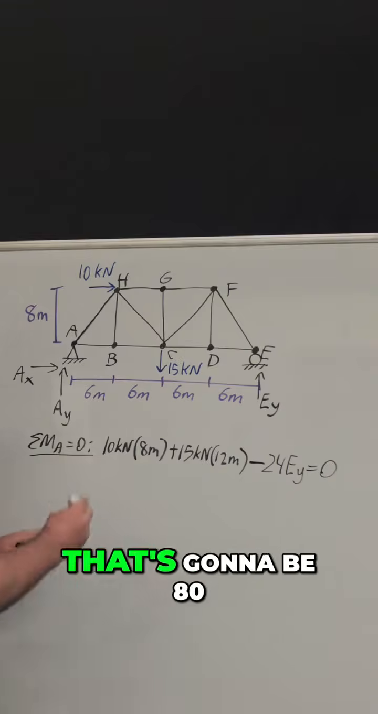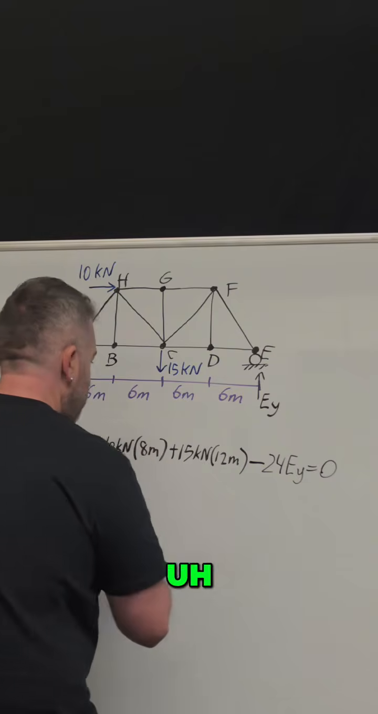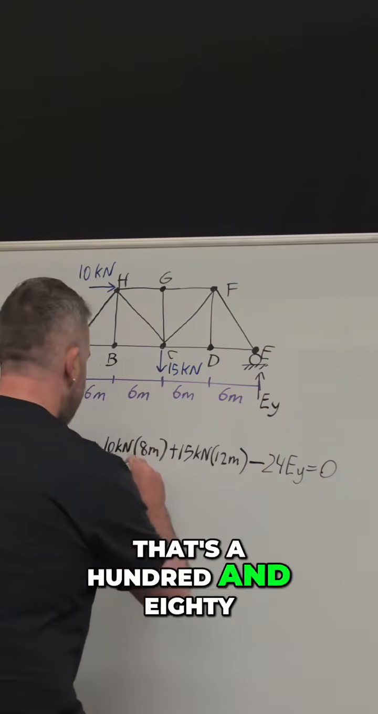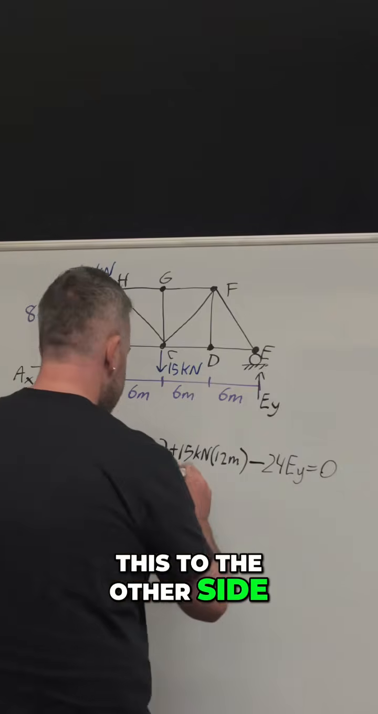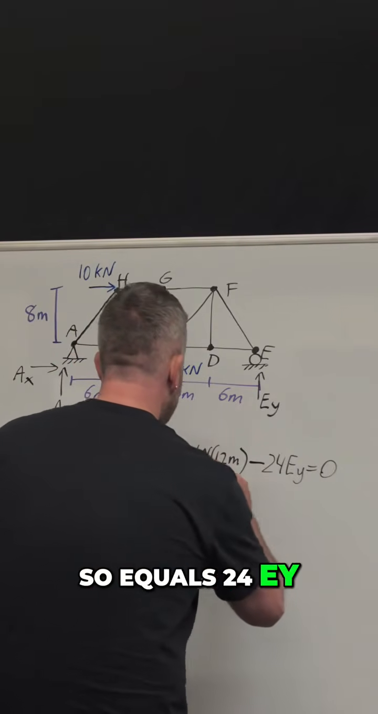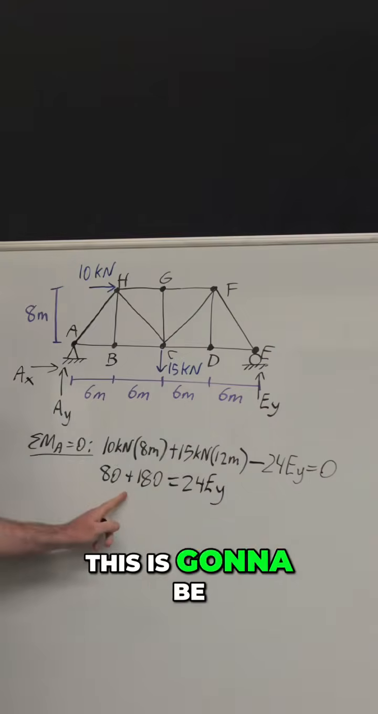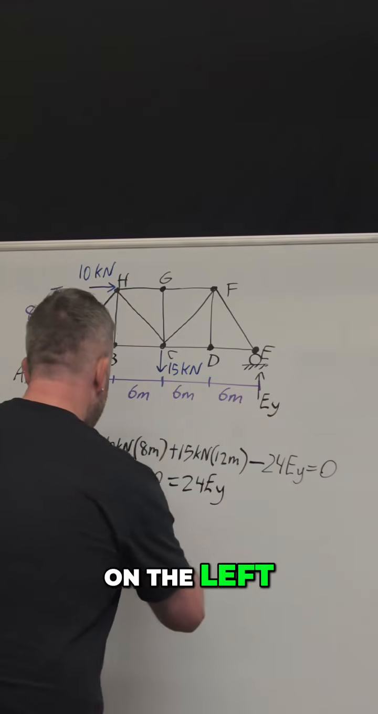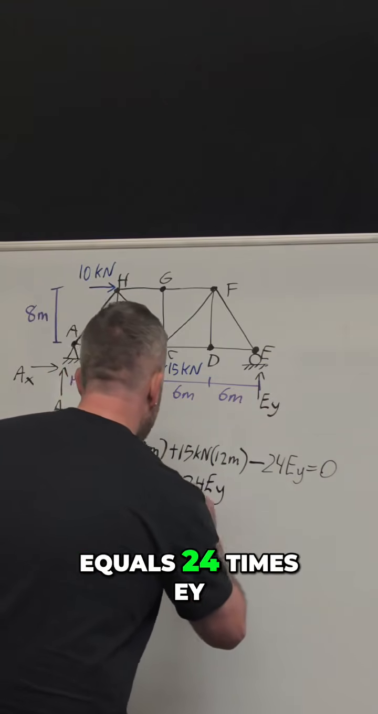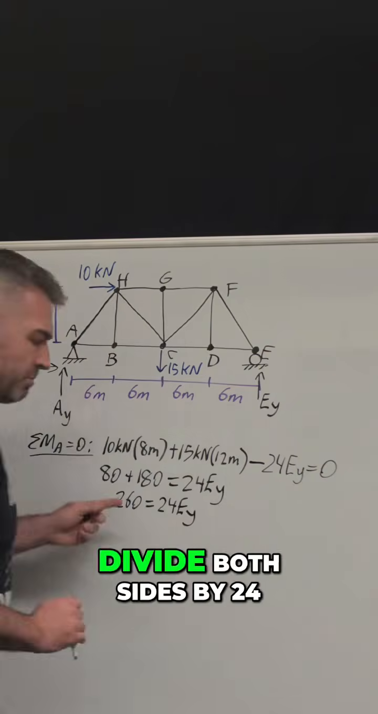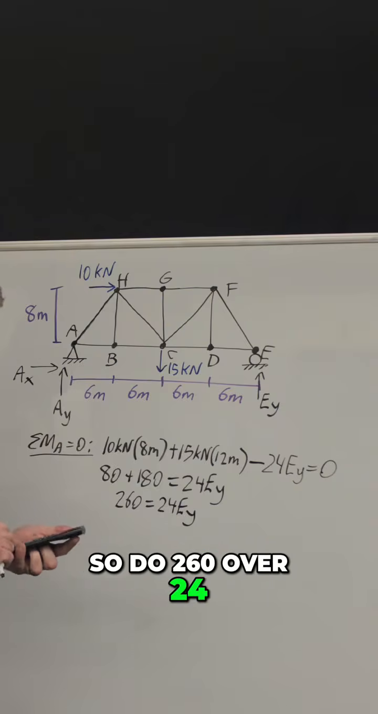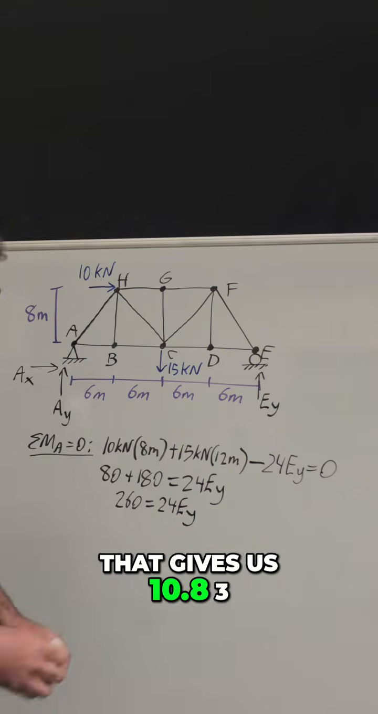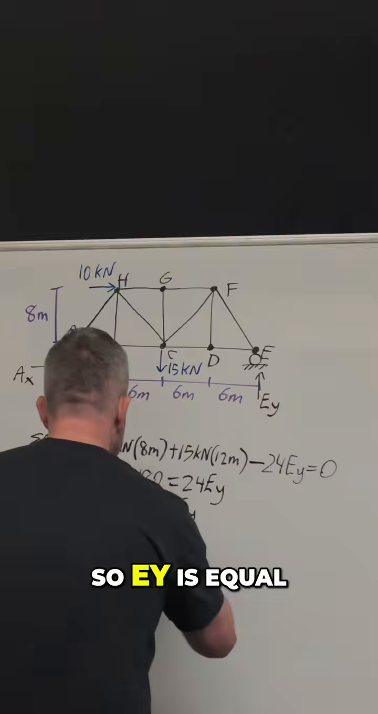So 10 times 8, that's going to be 80. We have 15 times 12, that's 180. And then we're going to go ahead and add this to the other side. So this is going to be 260 on the left, equals 24 times EY. Divide both sides by 24. So do 260 over 24. That gives us 10.83. So EY is equal to